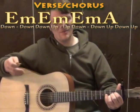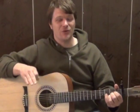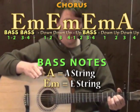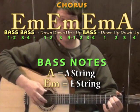And sometimes it can be kind of cool to add in basses with that pattern too. And one of my favorite ways to do it is a bass, bass, down, down, up, up, bass, down, up, down, up. So if you tried that with the E minor, you'd have low E for the bass, and you'd